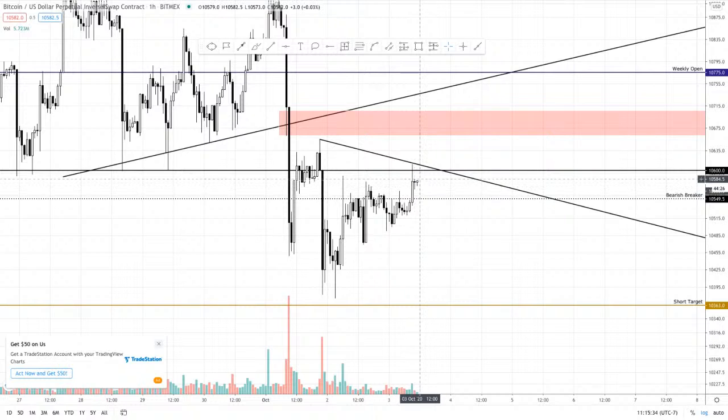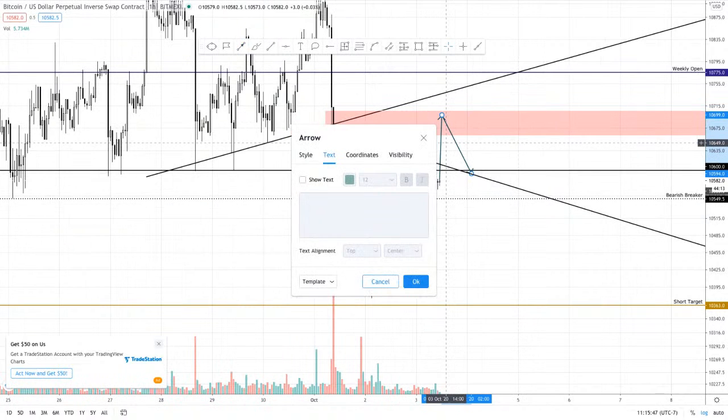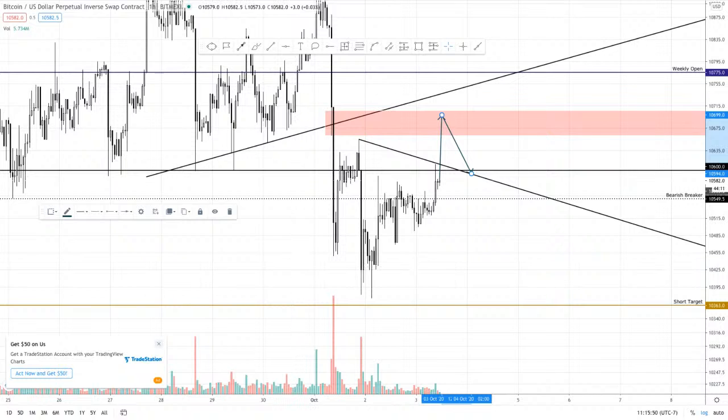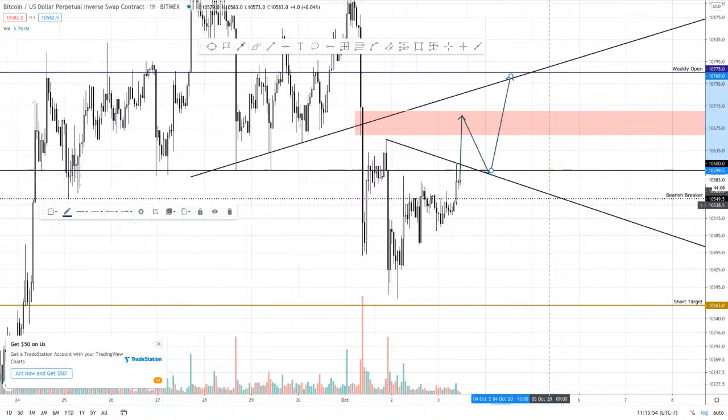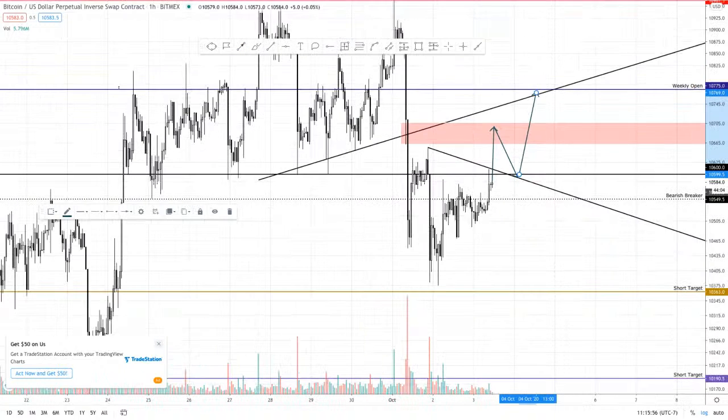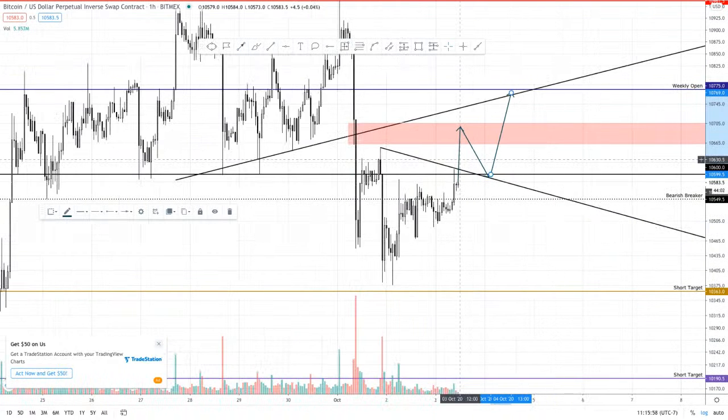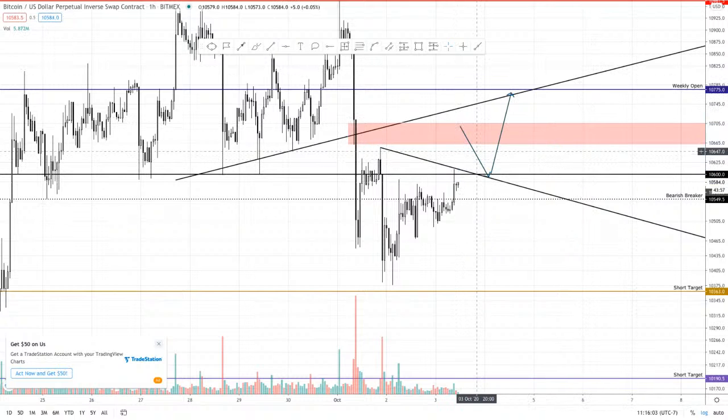Once we break this, we should do something like this, right? Break up, hit this resistance, right? Sell back off to test this trend line, and then test the weekly open. Something like that. I mean, anything below the weekly open at 10,775 is still, price is still bearish. So I don't want to get too